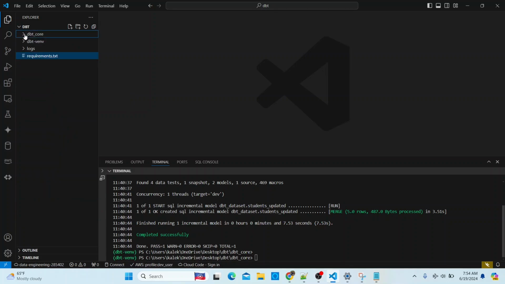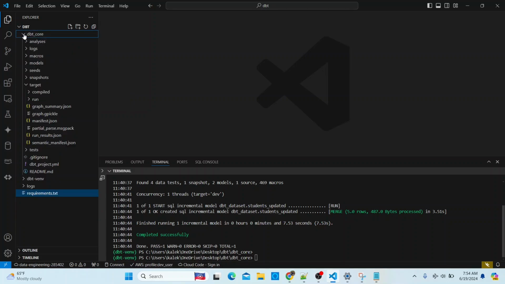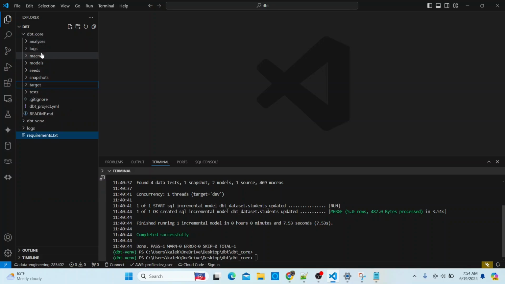So this is how our DBT project is structured. We have DBT core as our project, and inside here we have a number of folders. So we have analysis, logs. This is where our logs go when we run our DBT commands. Macros are for reusable functions. So if you have a function that you want to reuse in your downstream models, then you can put them right here. Models, this is where your